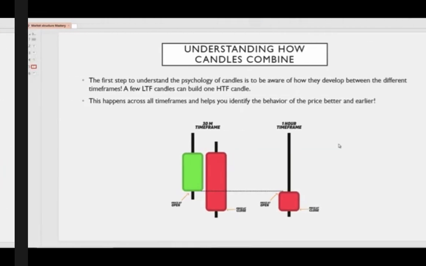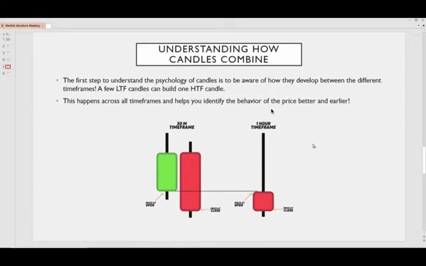So let me go to the next slide. Here you should understand that candlesticks have a combination. Let's say you are trading on the 1 hour time frame. Yeah, because I like to use 1 hour. That's my best time frame. And you see something like this. Something like this, like